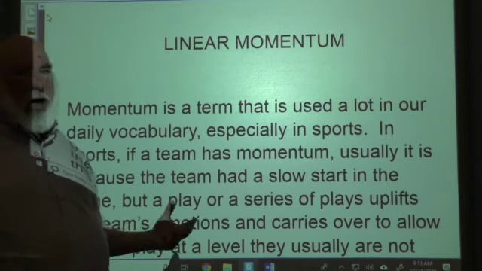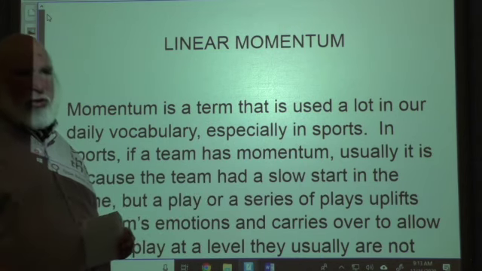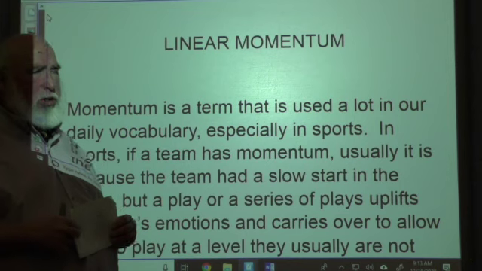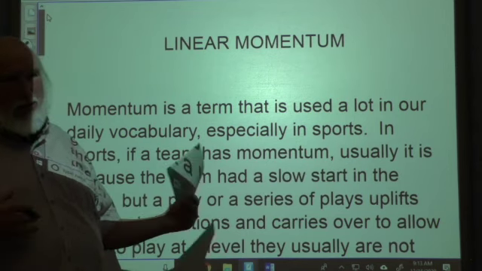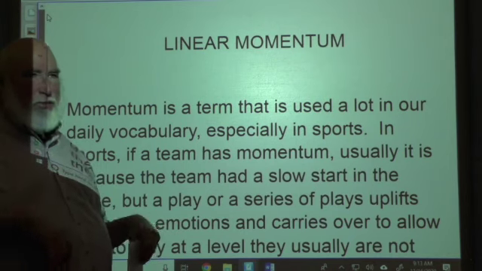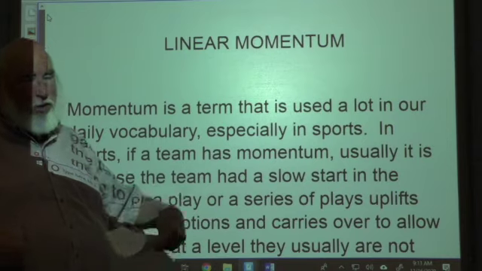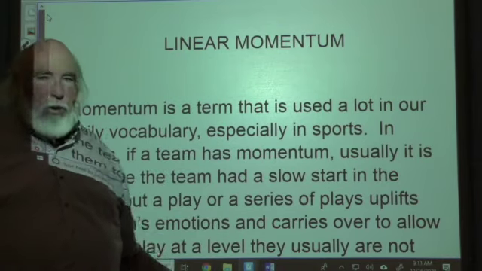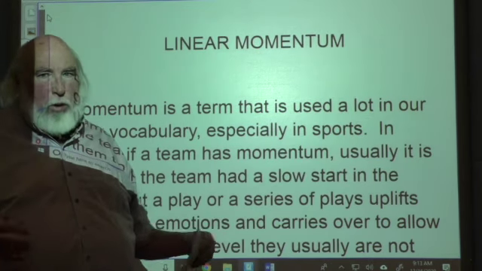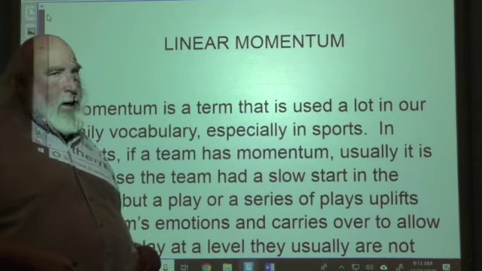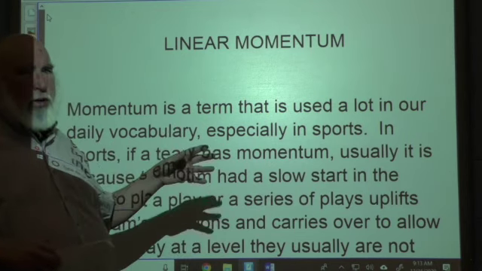Momentum is a word we hear a lot, particularly if you are into sports. We used to call momentum Big Mo when I was coaching. Basically, it was when a team was doing okay or not so good, and then all of a sudden gets a few quick, really good plays, and there's nothing stopping them because the confidence is up. They just keep moving forward and put the other team on their heels and eventually either win or come really close to winning. That is a sports analogy for the term momentum.